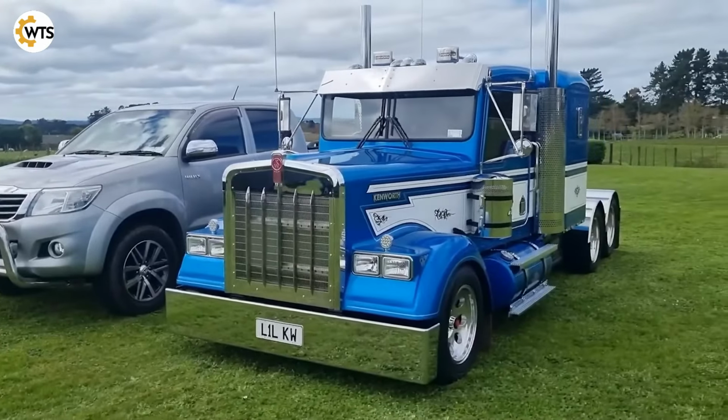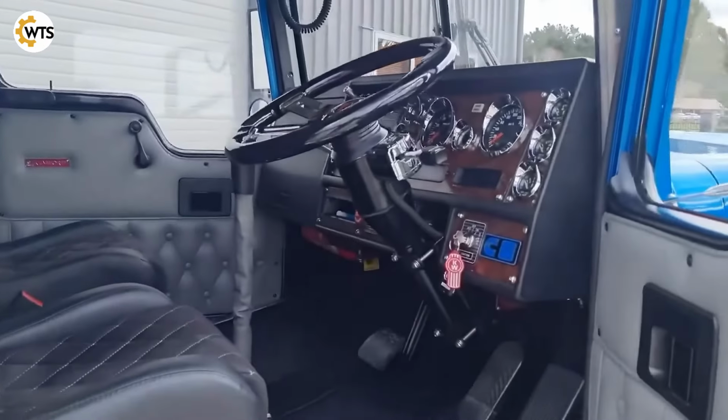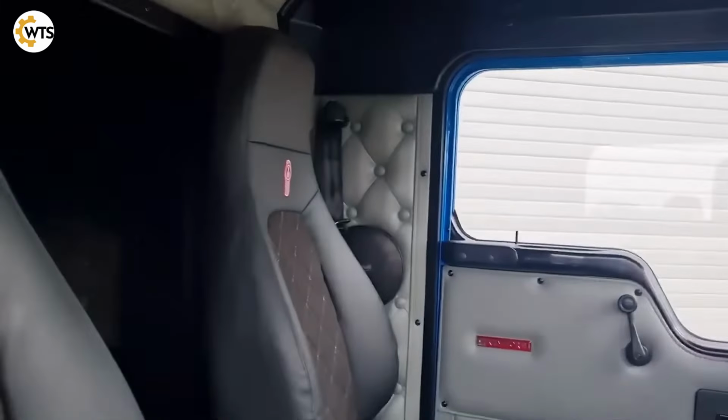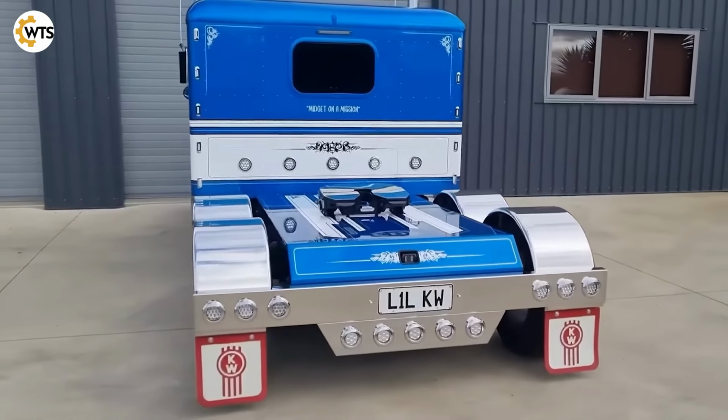Mini Kenworth W900, big rig vibes, small scale. Seen in License to Kill and Ice Road, the legendary Kenworth W900 has been rolling strong since 1961. And now, it's been reborn in miniature form, with all the attitude just in a smaller